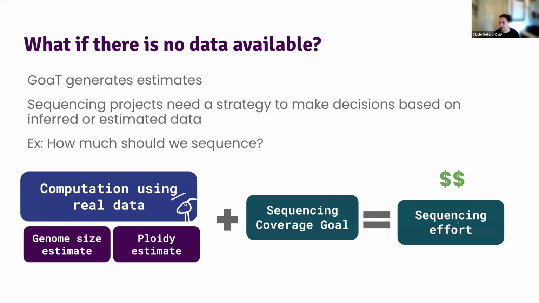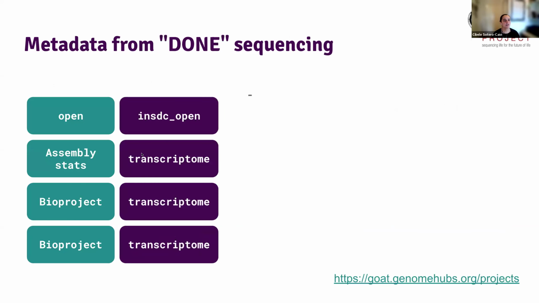For the sequencing effort, calculation of how much money should I spend sequencing this taxon, or should I invest in this taxon over a sister species? Let's estimate these two values and see if we're going to be wasting a lot of resources, or what is the best genome to pick, or best species to pick for sequencing, right? Or how much flow cells we need for sequencing so-and-so genome. So this is the slide that I was at.